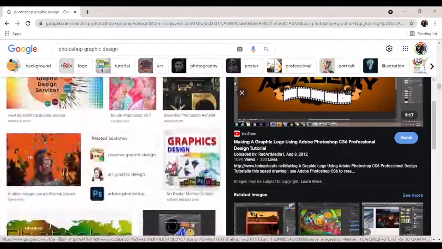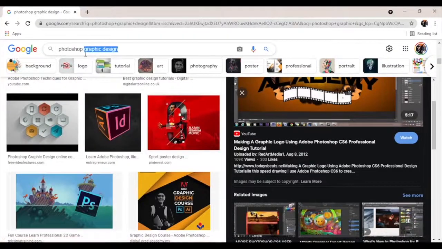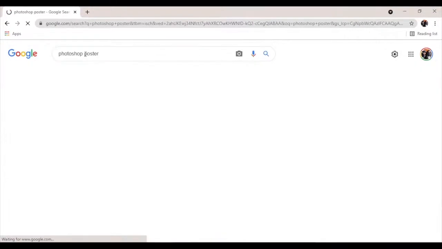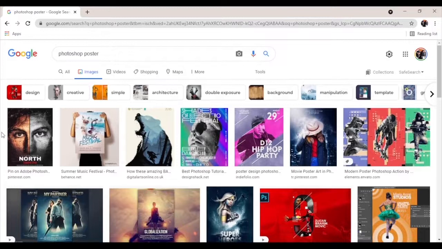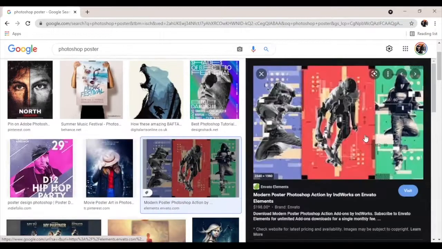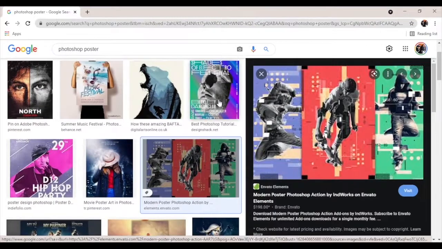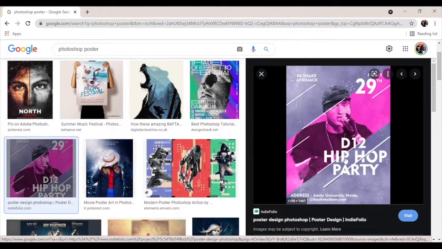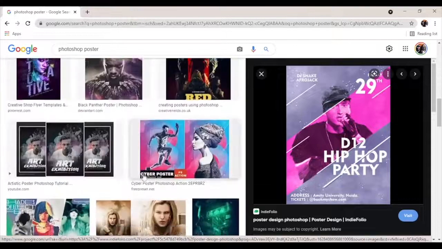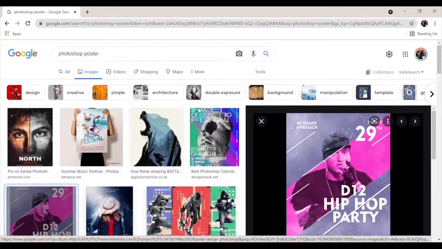So now that we know what we can create with Photoshop, I'll show you the posters as well. There we are. Almost all posters are made in Photoshop because again, you have control over the image, the shapes, the shadows, the textures. Here we have another one. You can also put text. And you can bring it all together to create amazing posters, maybe for your school, your work, a family event, a birthday party. And I could just go on with examples of what you can make with Photoshop, but we will learn those throughout the course. So without further ado, let's get started.